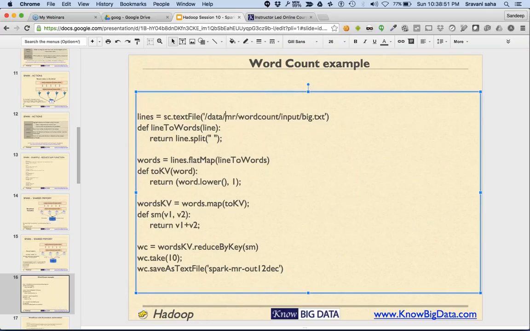Let's take a look at the word count example again. Let us say we had to remove the common words. If you want to remove the common words, we can send them as a broadcast variable and then remove them. Here is the standard word count problem: we first loaded the text file, then converted each line into words by creating a function that splits each line into an array and calling that function via flatmap.